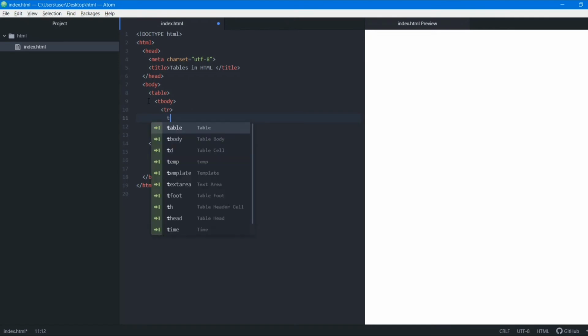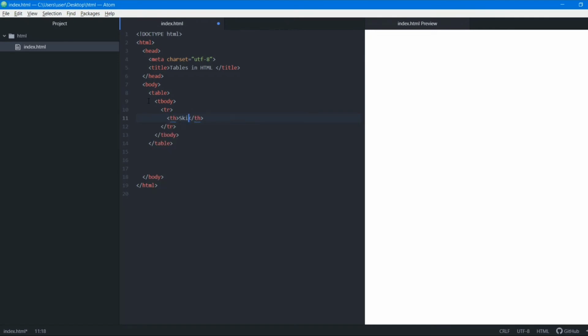Headings I'll give th, which will be skills. Okay, then again I'll add one more th, which will say stars. How fluent? All right, how fluent? Out of 5. Okay, you can make it however you want.